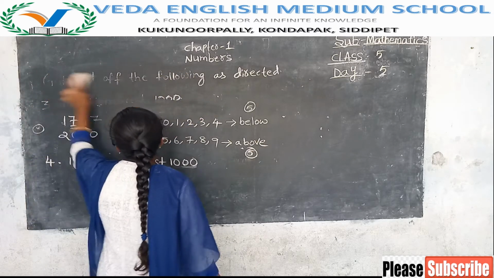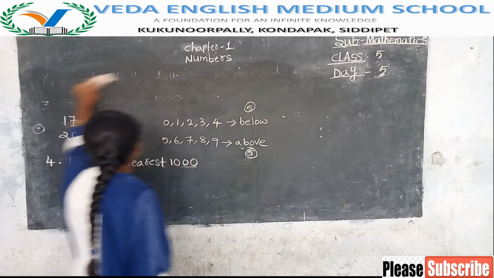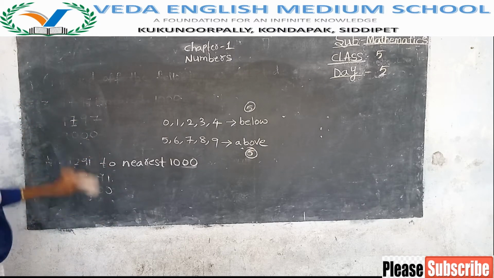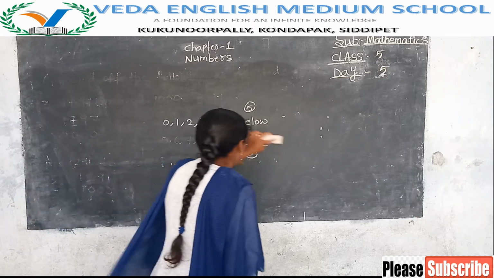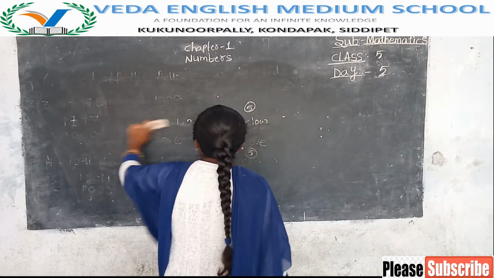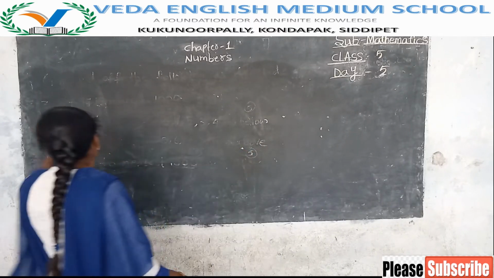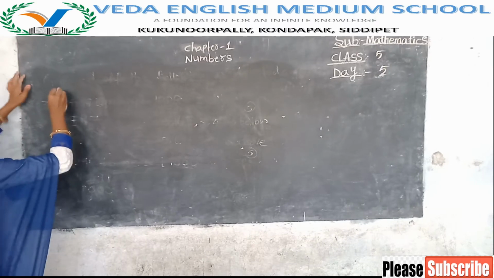Now Ready Study has completed. Now we are in class 5. In class 4 we learned the numbers from 1 lakh to 10 lakhs. In class 5 we will learn the numbers from 1 crore to 10 crore. How to write 1 lakh? Today we will learn how to write numbers.